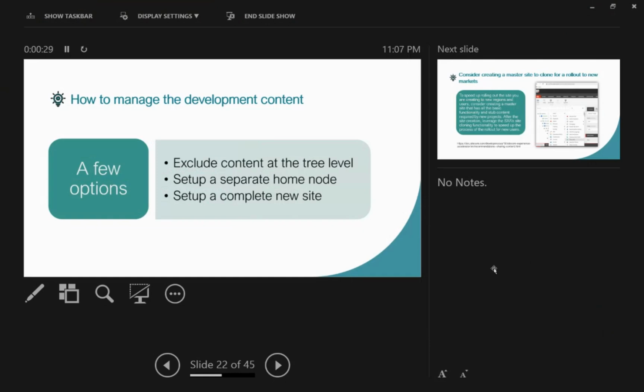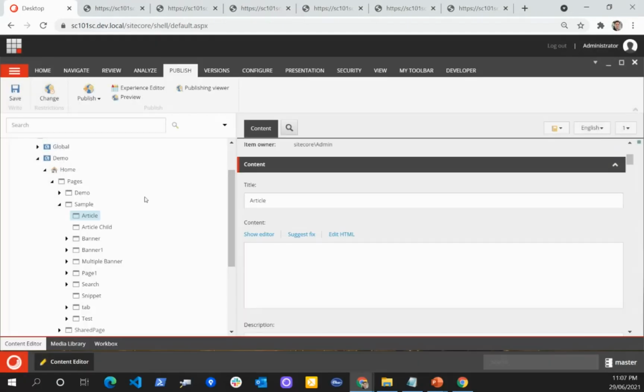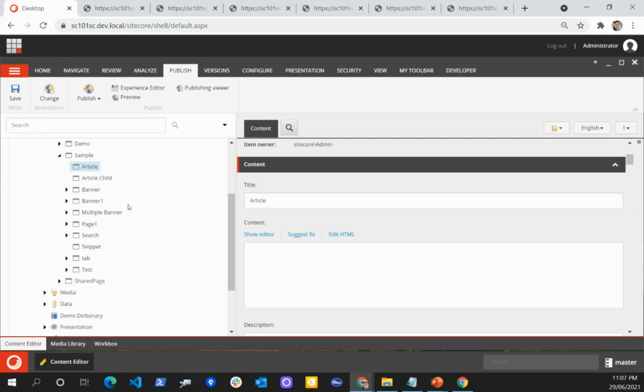With Unicorn and TDS, usually you can exclude some content based on a wildcard. Let me show you here. Basically, when we do the serialization of the whole content tree, you can say don't serialize any folder which has the name, let's say Dave or something. So that's one way. I didn't see that option with Sitecore content serialization, but that's one way.